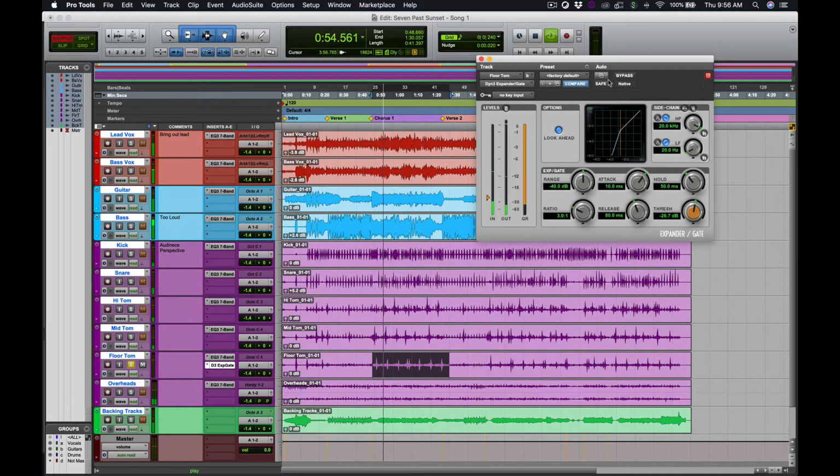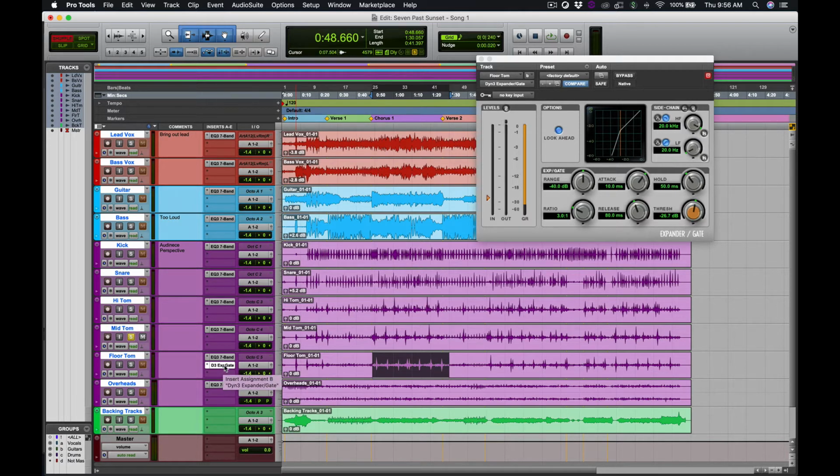So let's listen to it before and after. This is what it was like before and after. So it's cleaning up a lot of this extra sound and giving me a significant amount of more control over these things. So if I like that setting and I'm cool with that, I can now explore the mid-tom